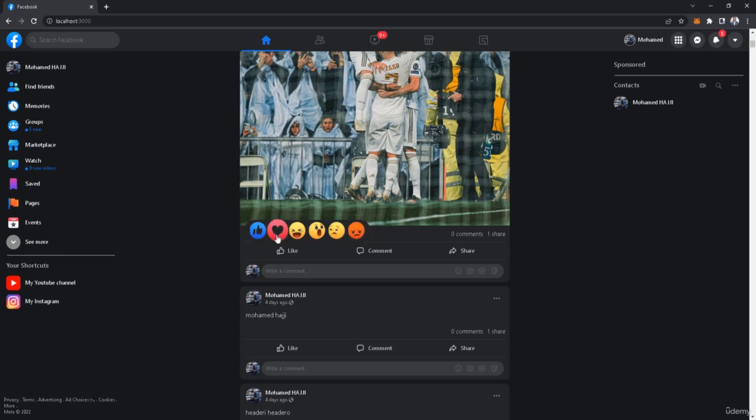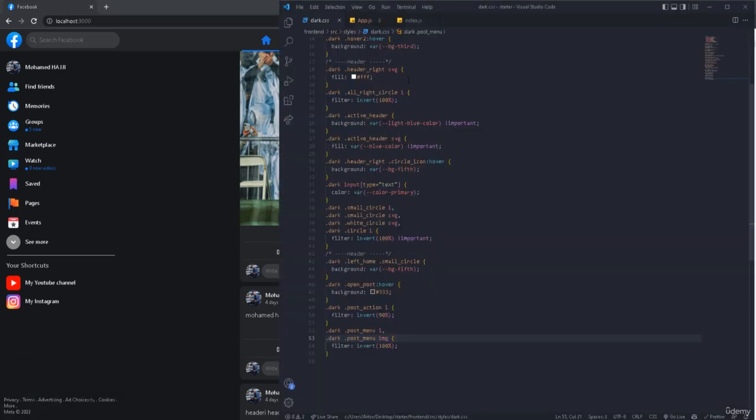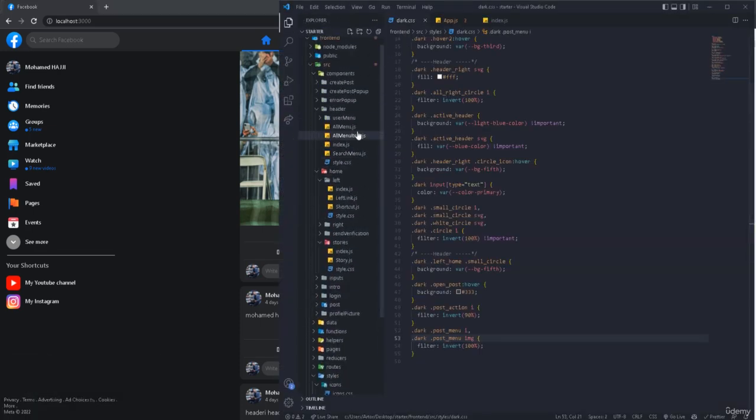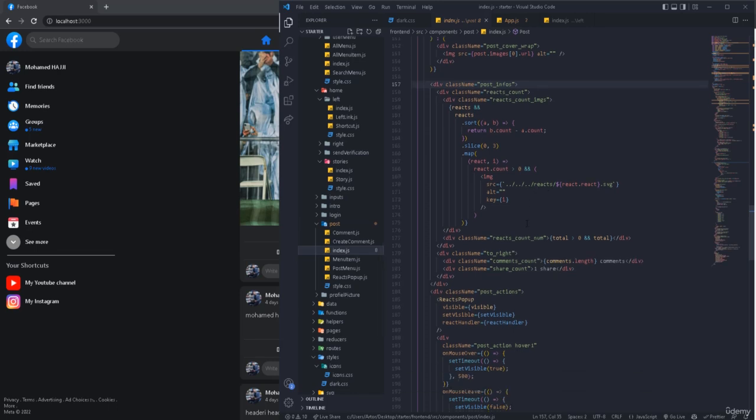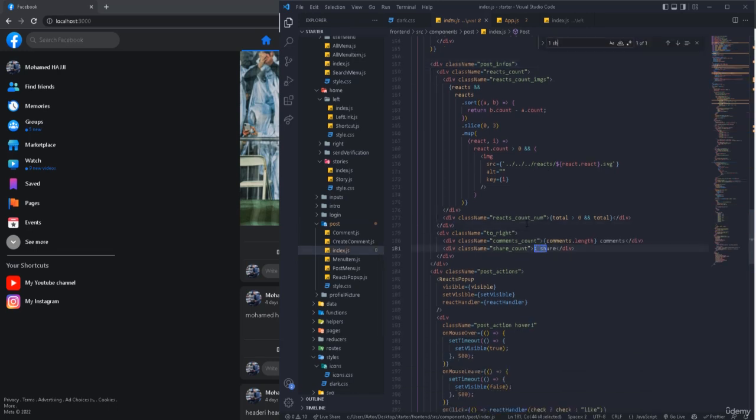Just request it and I'm gonna get it for you. I can do that with Photoshop, and the rest is fine. Maybe this one here, where we have one. Let me just make it 0, just because it's annoying. I can go back right there and then go to the component, then post. Where is it? So post, and then I can go to the index, I believe. Okay, let me just search for it. 1 share. Okay, let me make it 0 share,